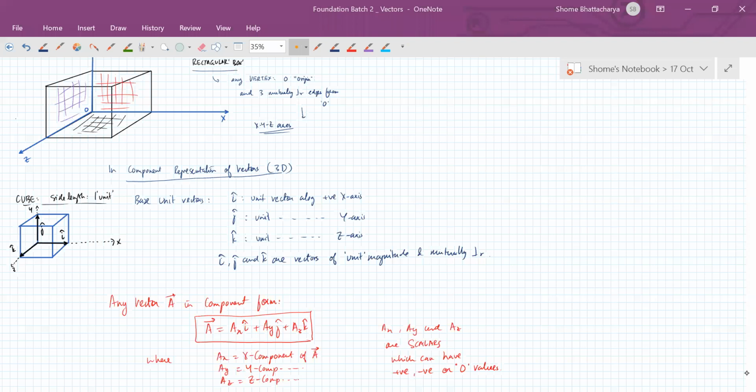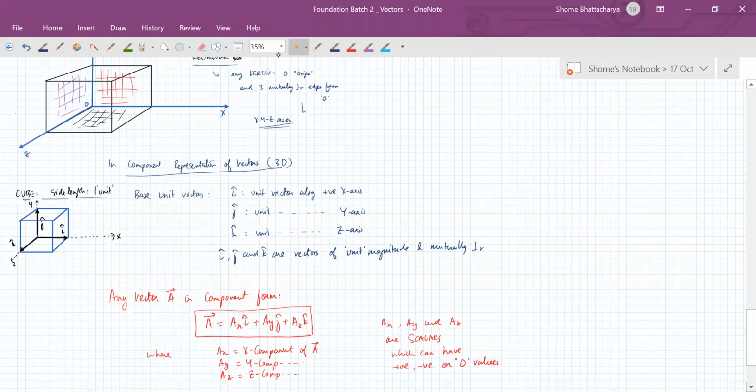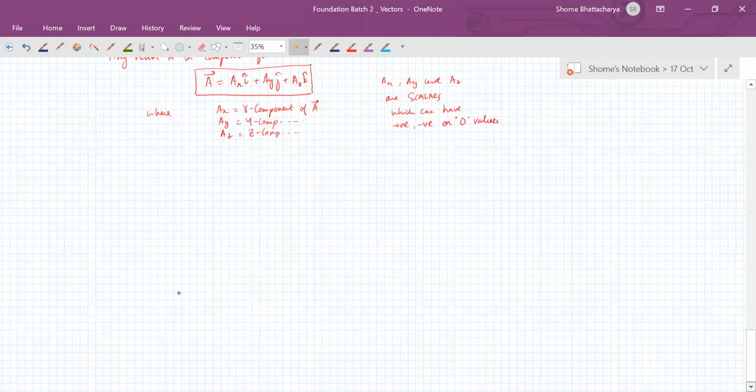So there's no question of theta over here. These are just components. That cos theta sin theta thing will not be applicable here because we are talking about three dimensions here, no? I'll explain. Instead of theta, we will have some different notation because now we are in a different three-dimensional system.